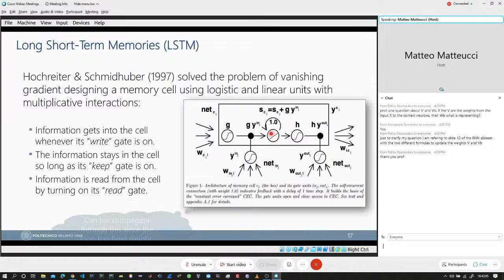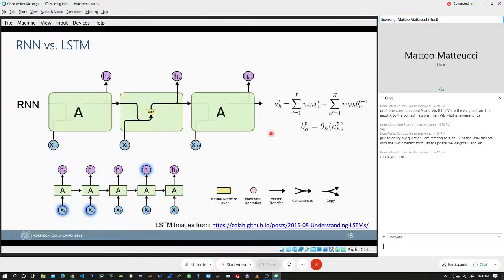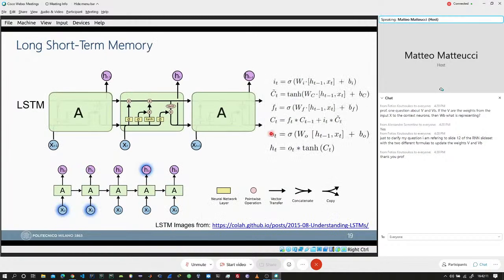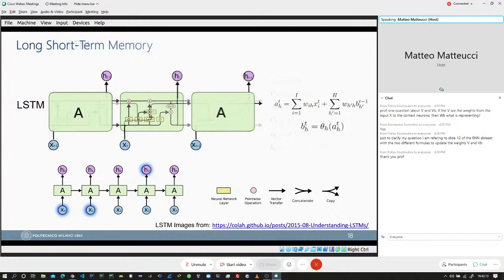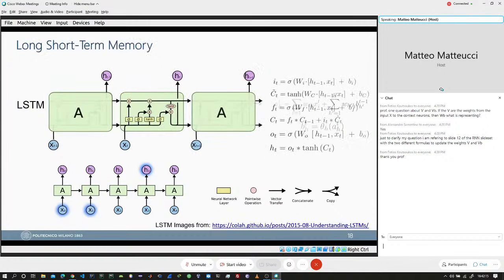The network that they presented goes under the term of long short-term memory, and it's the one that we see in this slide, which is a little bit more